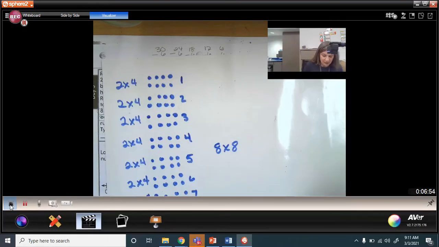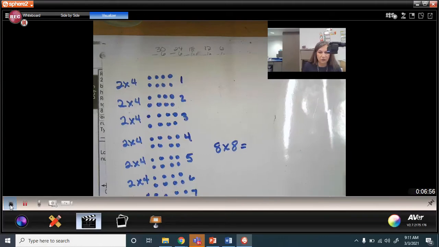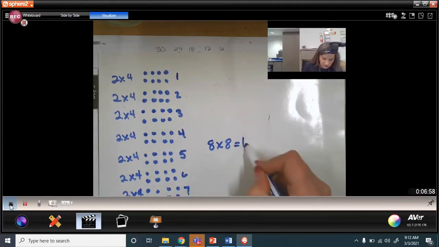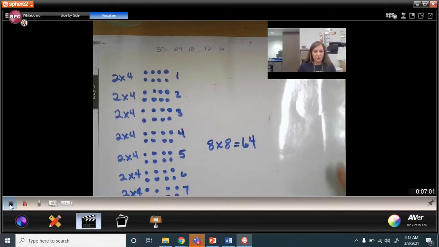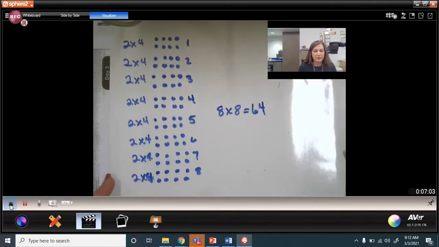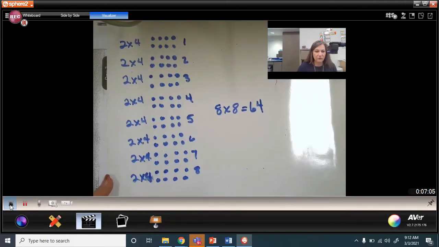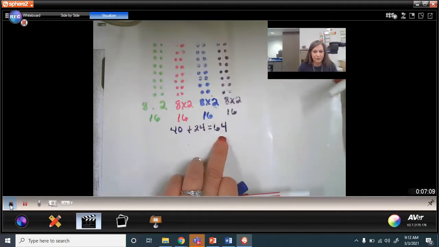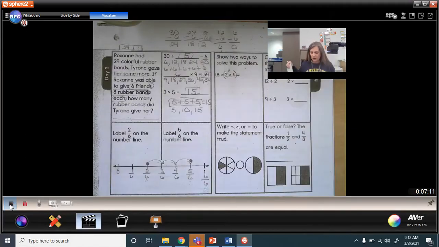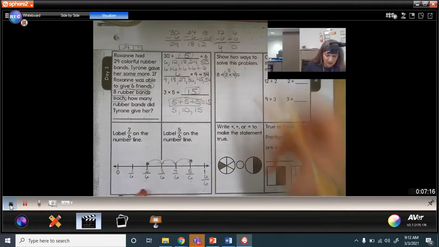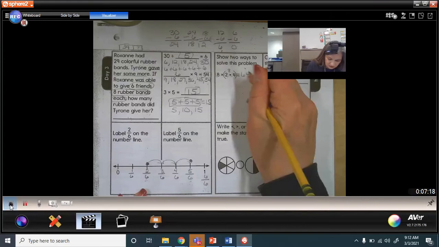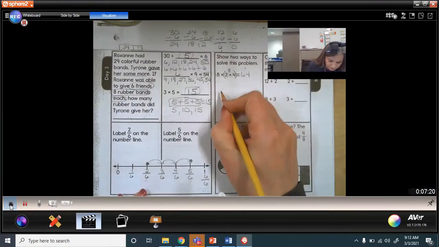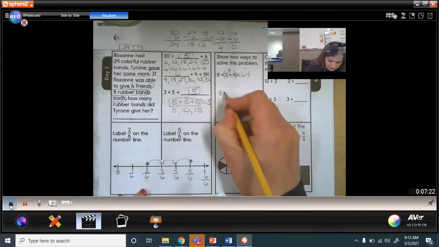So what is 8 times 8? If you know your 8s really well, you know that 8 times 8 is 64. So whether you look at it with different factors, it should end up being the same product. Okay? So, again, 8 groups of 8 is going to be 64, or if I were to take 8 times